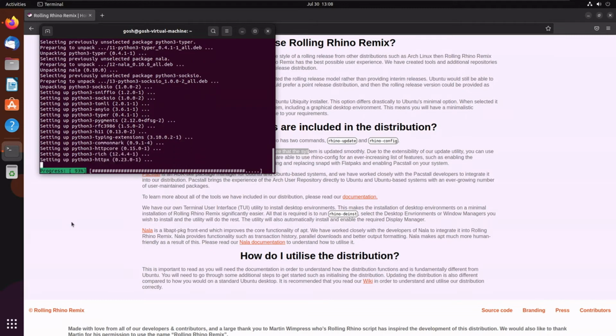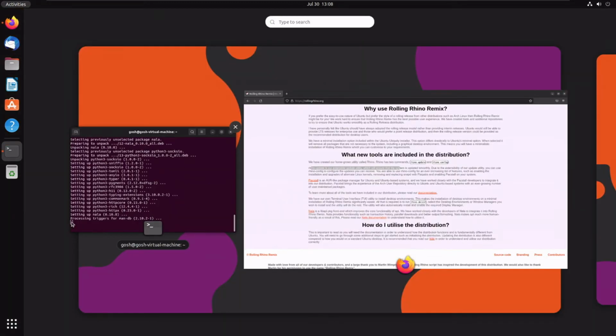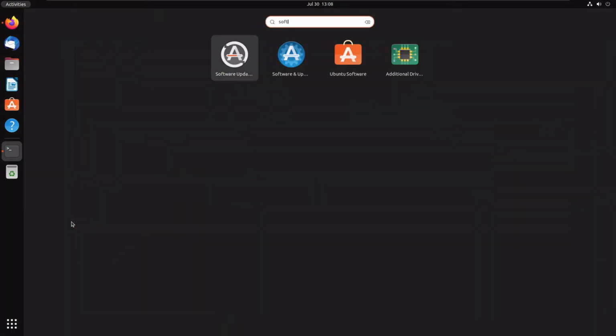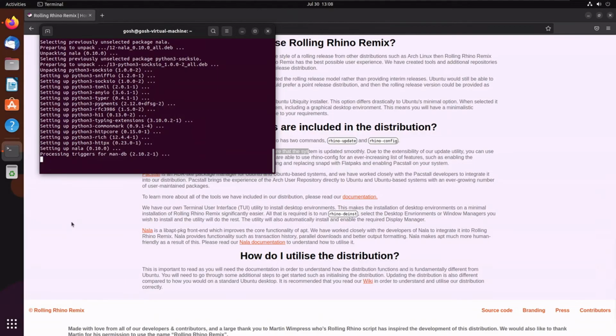Just let this continue getting the latest updates here. In the meantime, while it does that, I just want to find software. Is it software update or software and updates? If you're wondering what I'm looking for, I'm trying to find the GUI app to show me the apt sources. I know I can find it through the terminal, but